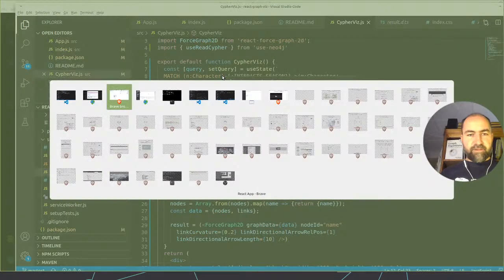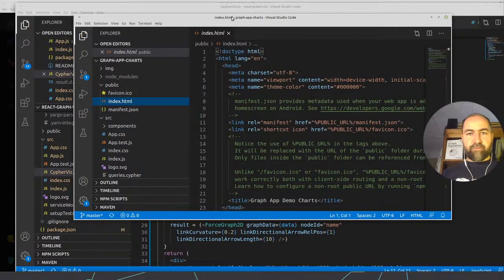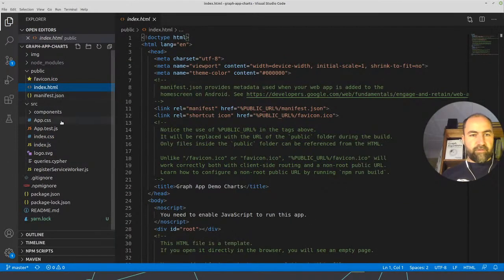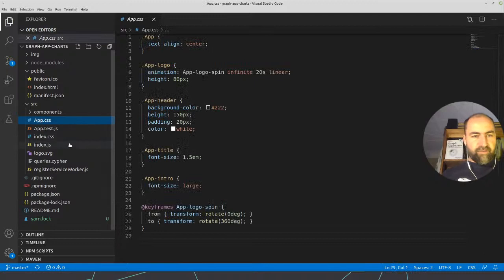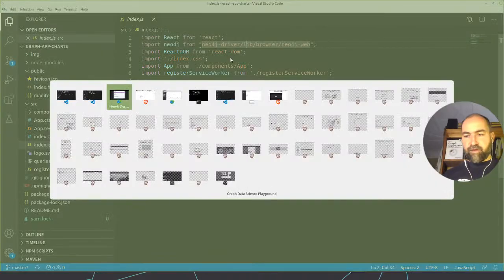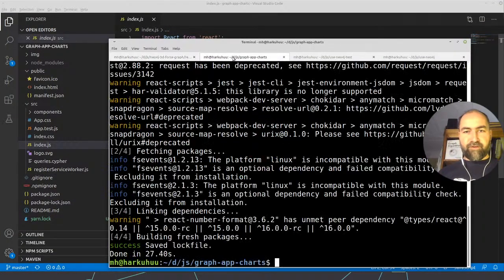So the other app that I quickly wanted to show you, I don't even know if it still works, is this one. It's called Graph App Charts. And I wanted to use this to demonstrate the use of Victory, Formidable Labs Victory chart components. And this is even worse because it's even older, I think, from the driver's perspective. So I wanted to see if I get this updated as well. And with all the things that I know now, it should be super fast, as you can imagine, right?